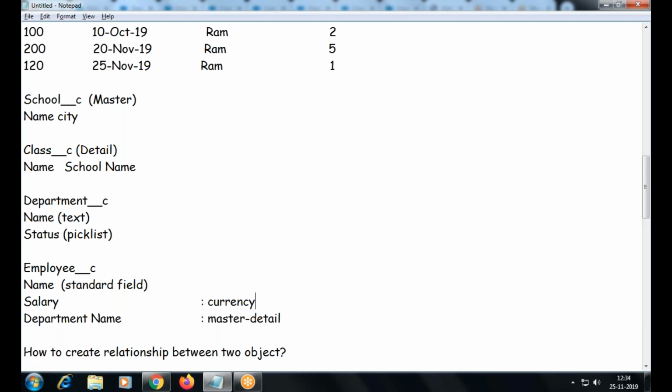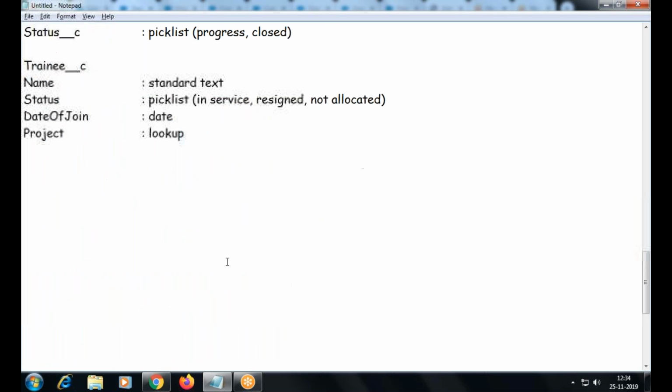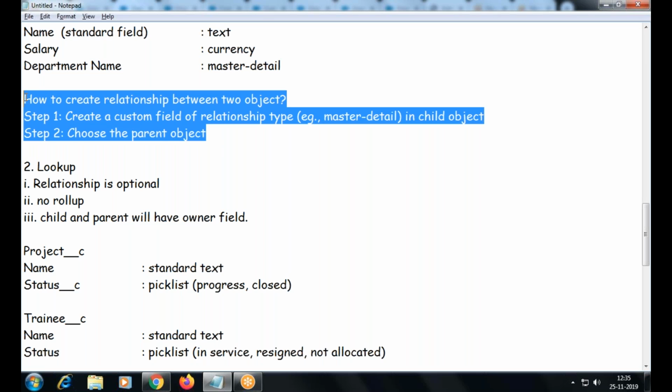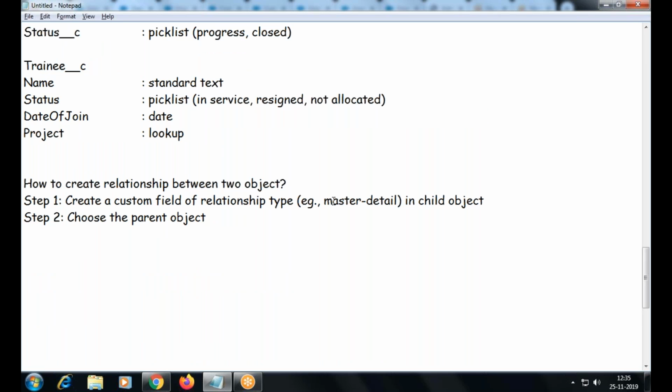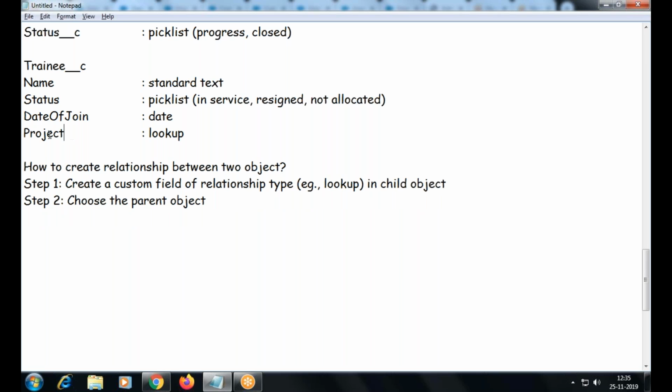Similarly, we are going to choose the field type called lookup. The same steps we are going to follow. So what relationship are we going to choose here? Lookup. That's all. When you create the relationship, you'll see this field will appear as an optional field, no red mark.